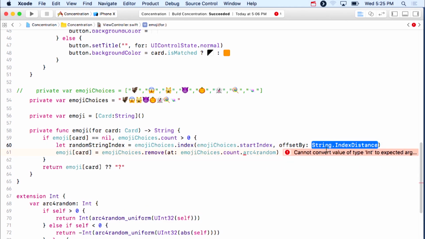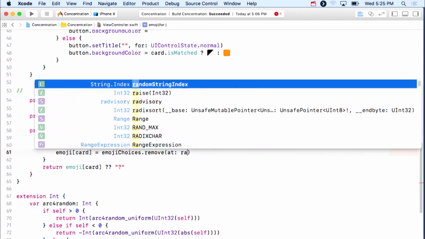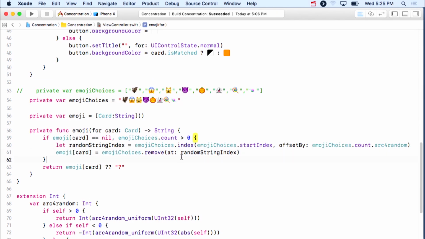And I'm going to offset by a random Int. So that offset can be by an Int. That happens to be because this particular collection's stride, or the distance between indexes, is an Int, even though the indexes themselves are String.Index. So now I'm going to put randomStringIndex in here, and all should be well,